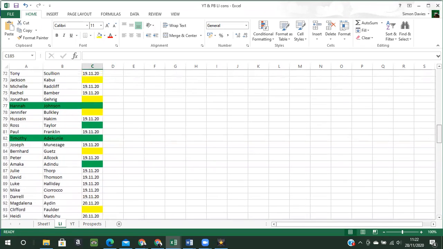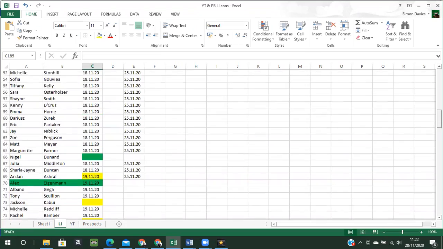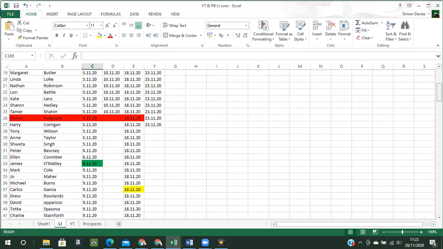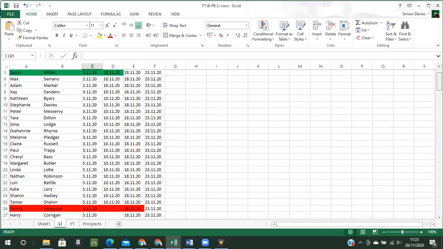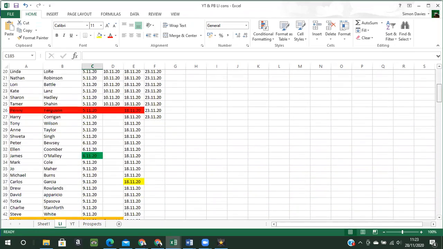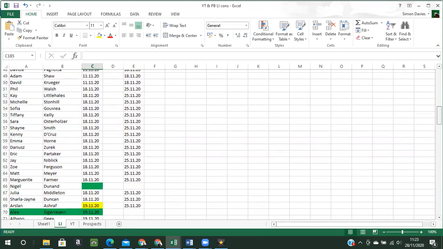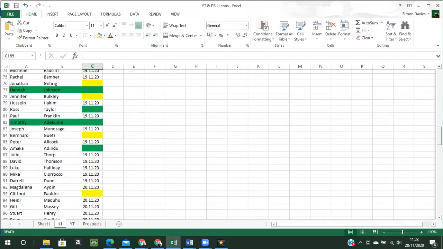As you can see, there's lots of greens and lots of yellows, hardly any reds. I think there's a red up there. I thought I remembered one. Okay, so you can see that's how I mark out who's responding in what way without having to enter lots of text. And it's really easy then to pop back and do your mop-up exercises and make sure everybody who is warm